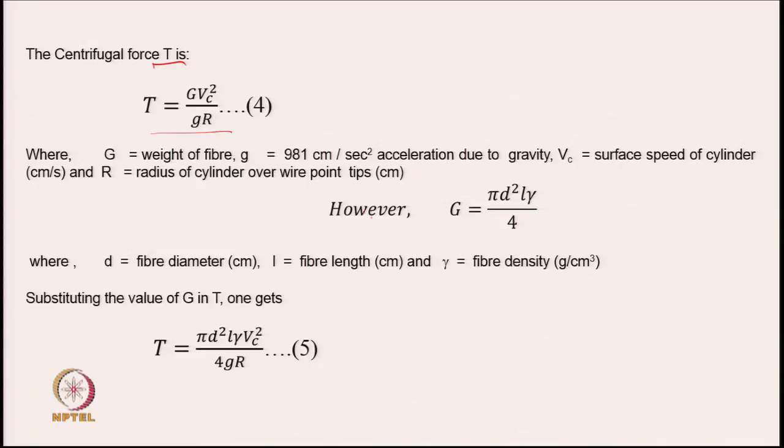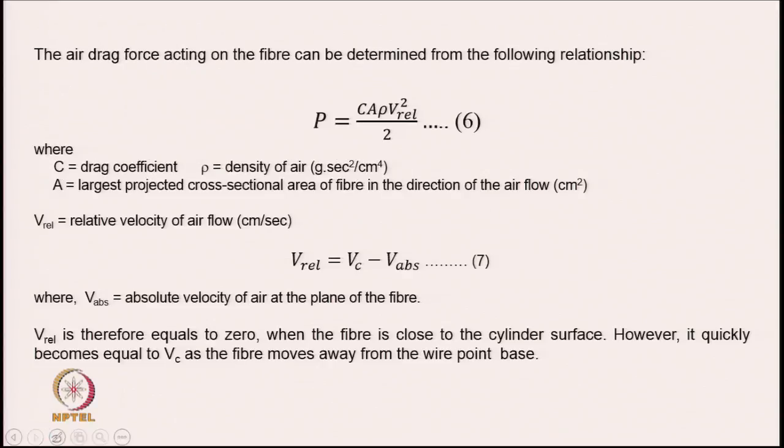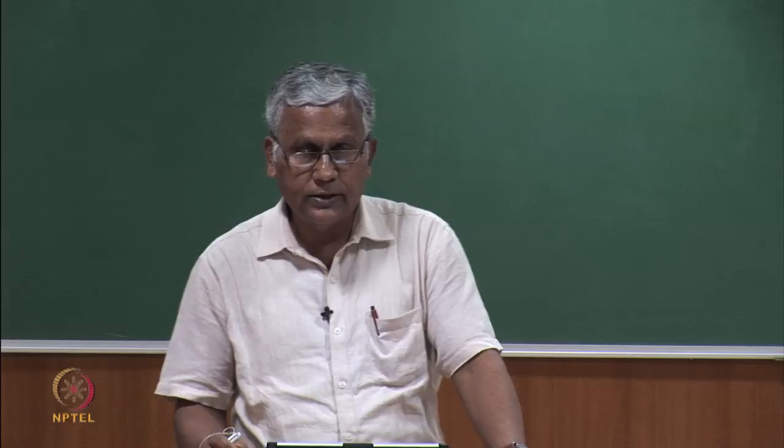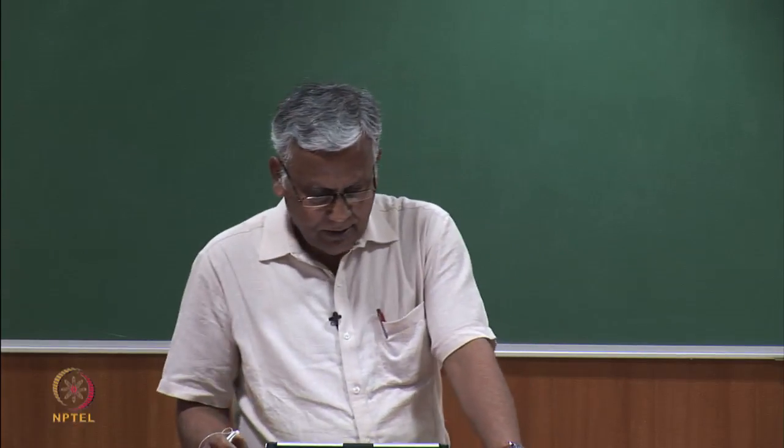Therefore, this is what T would be, and weight of the fiber we can write as the volume of the fiber multiplied by the density. So, pi d square by 4 into L is the volume of the fiber and gamma is the density, we get the weight. So, therefore, you can write T is basically this, just substitution of the value of G in equation 4. From there, now we can find out what is the value of P, the air drag force on